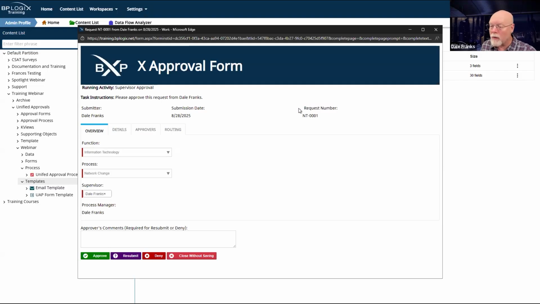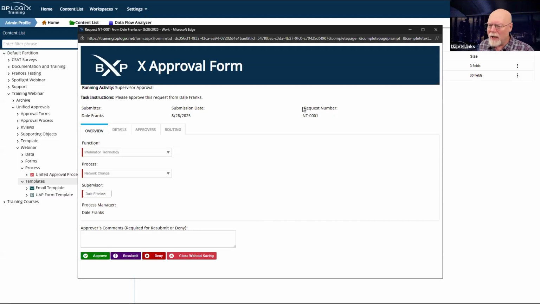And remember, on the original form, we didn't see the request number because I stole an idea from some of you. In fact, I think I stole it from Dan Kruger in the UW system, who apparently at UW Stout, they hide the request number until the form has been submitted. That's a much better solution than what I was using. So I stole their solution. So I have my request number.